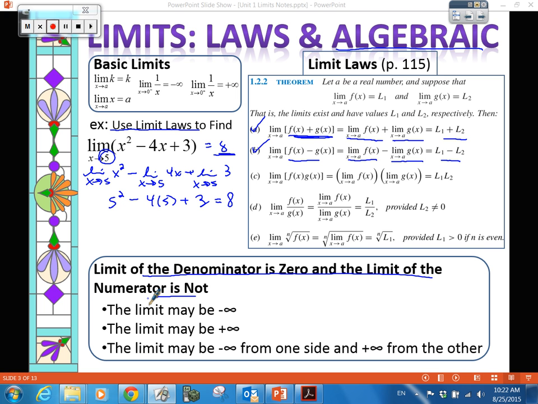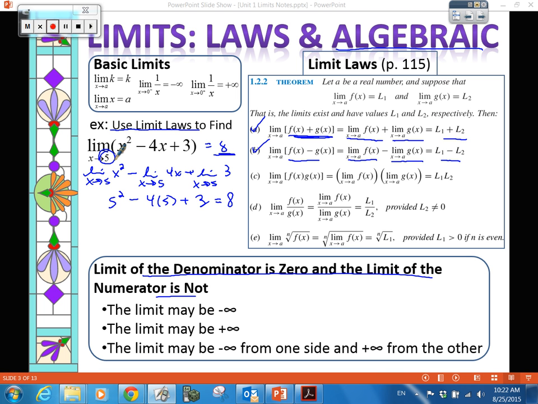If it's a number over 0, now this is really important. If the denominator is 0 and the numerator is not 0, okay? If that's true, we are stopped. And the answer is going to be one of these, either positive or negative infinity or a combination of both. Okay, so that's really important. So when we do limits, first step,